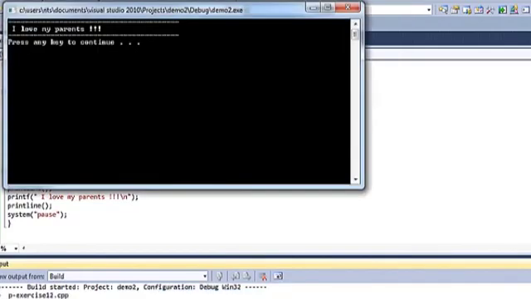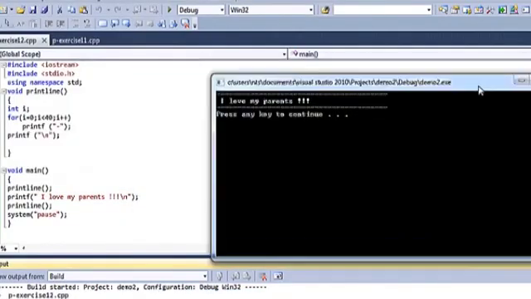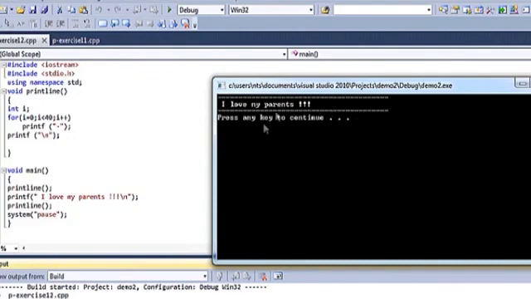Okay, this is the output window. I wanted to drag this output window down so that I can explain to you. This is the upper line here. This is I love my parents, and then this is the second line, and then press any key to continue. So here we have seen that I have called the function twice, and also we have learned that instead of